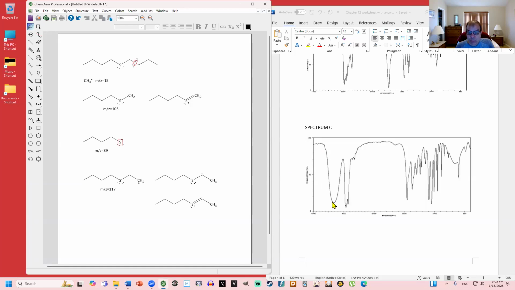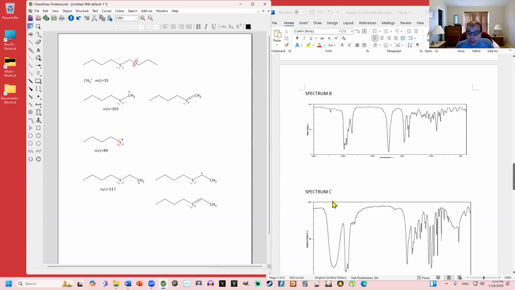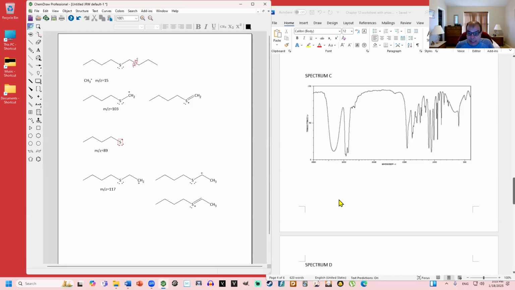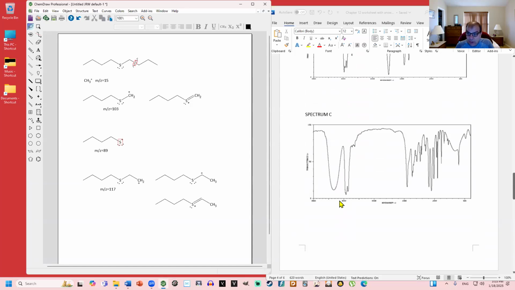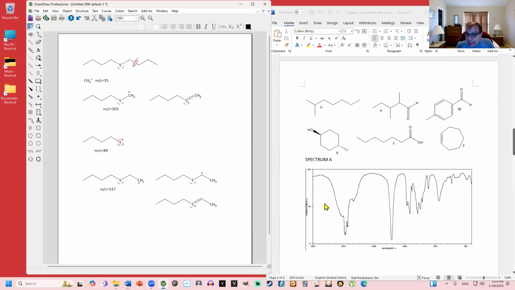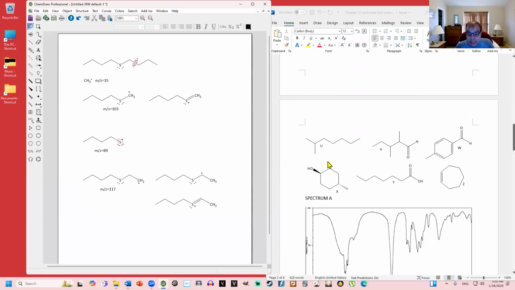This has this really broad, smooth, beautiful parabolic shaped peak at about 3,300, 3,350, 3,400 wave numbers. And in class, we said that's the OH stretch of an alcohol. None of the other spectra has that type of peak. Only spectrum C does. So the answer for spectrum C must be an alcohol. Let's see if we have any alcohols in the structures that were given. Yes, structure X is an alcohol, and it's the only one of these that's an alcohol. Compound Y is a carboxylic acid, not an alcohol. So the answer must be